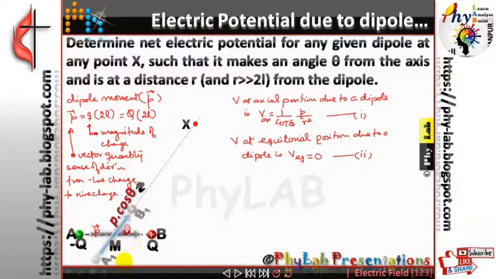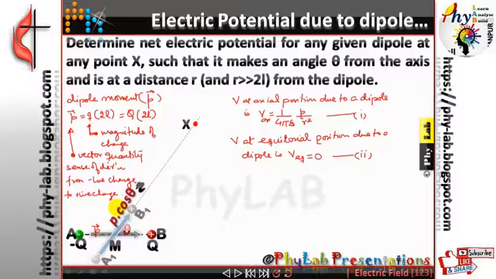So can you see over here, I've got another dipole and I'm calling it A1 B1, whose dipole moment is P cos theta. Now, with reference to this dipole A1 B1, point X happens to be its axial point. So what I have done, I am repeating once again, I have resolved P into its component P cos theta along the MX line, and thus I have got another dipole A1 B1 with a dipole moment P cos theta.